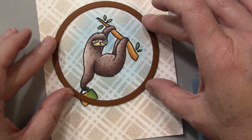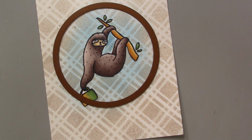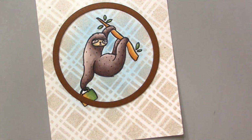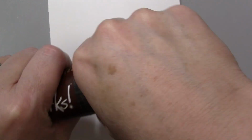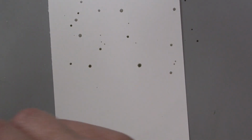going to see that I'm going to lose a portion of my coffee cup from the sloth, but that's okay because I am going to show you how to add that back into your card. It's a very simple technique. So I am going to tape this down and run it through my die cut machine. And now I'm going to move on to the background of the card where I'm going to place that sloth